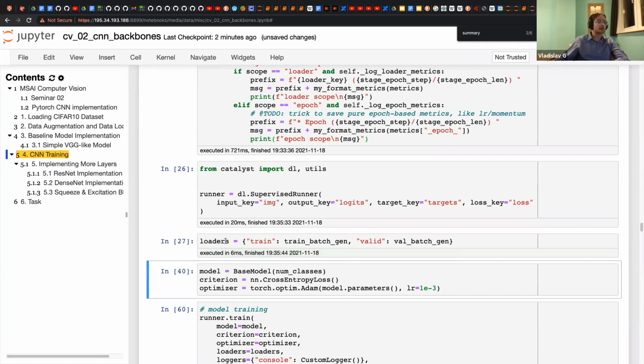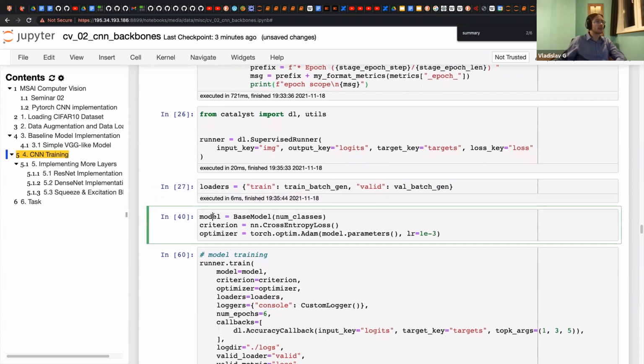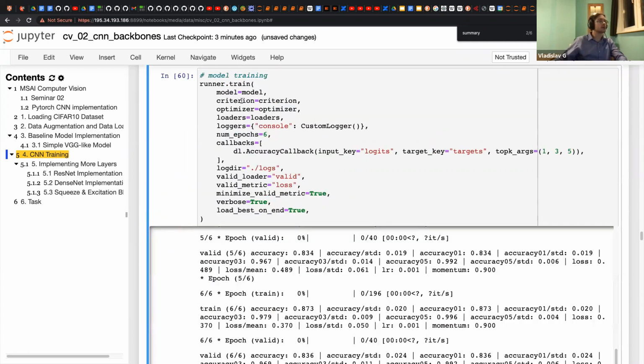As I said, most of the things in Catalyst are dicts. That's why we want to make it dict. Then we sample model, criterion, optimizer, and everything. Let's make it. And then we call main function of runner.train.